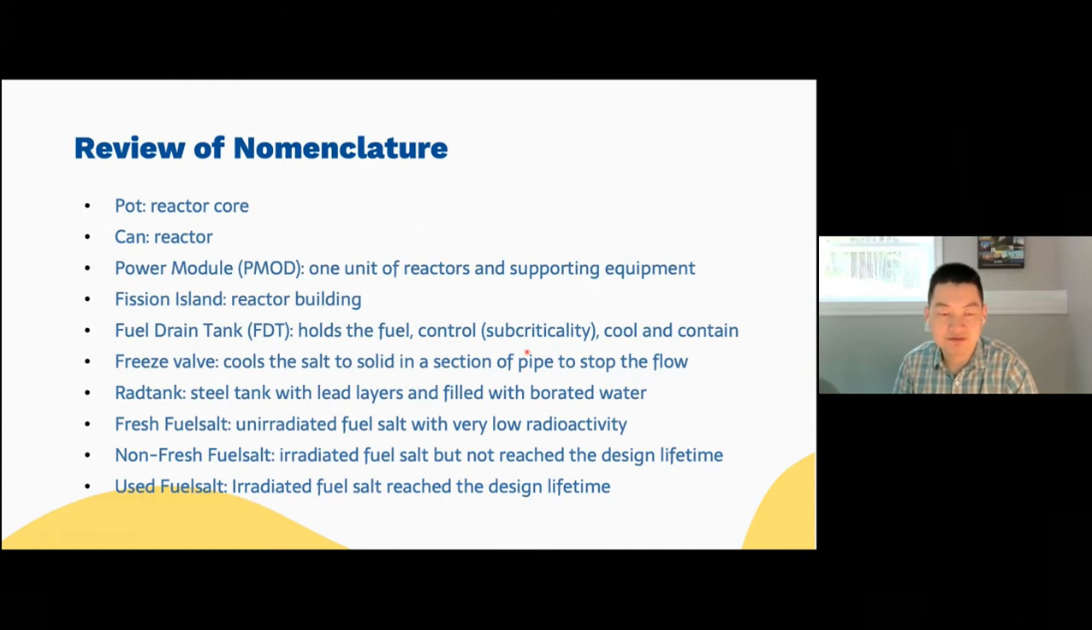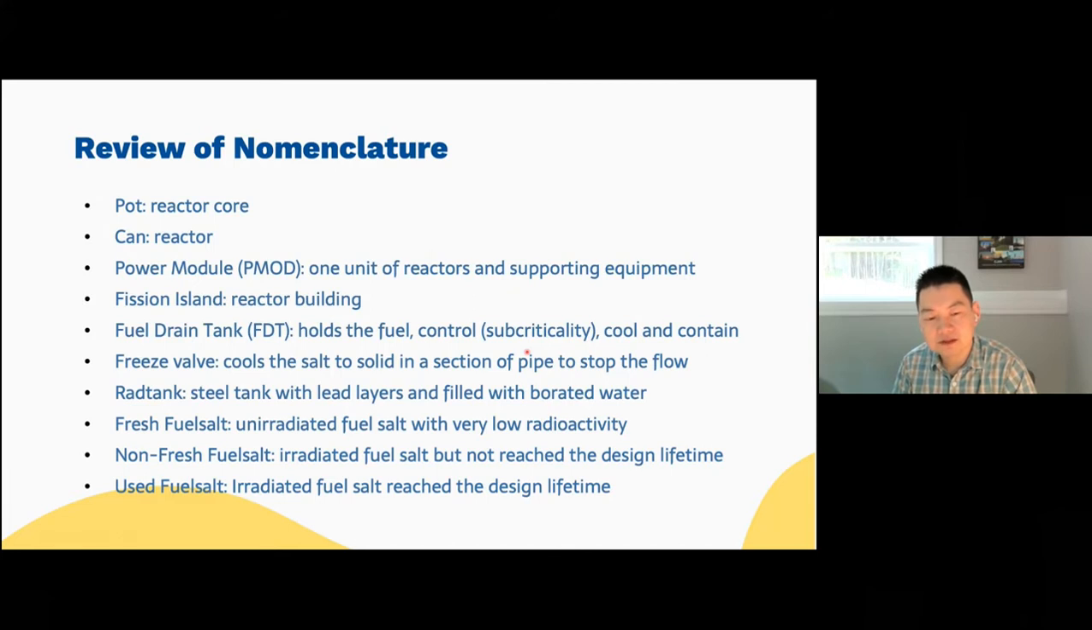And then we have definitions of fuel salt. Fuel salt is our fuel. We call it fresh when it's unirradiated, with very low radioactivity. So it's basically uranium or thorium which hasn't taken part in any chain reactions. So it's fresh fuel. But we do have another concept called non-fresh fuel salt,